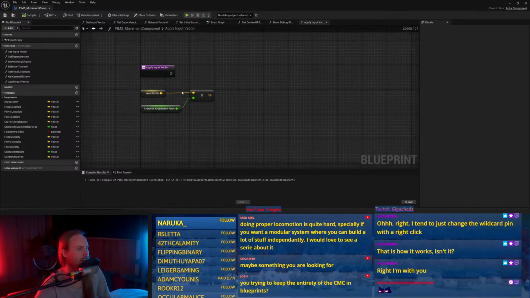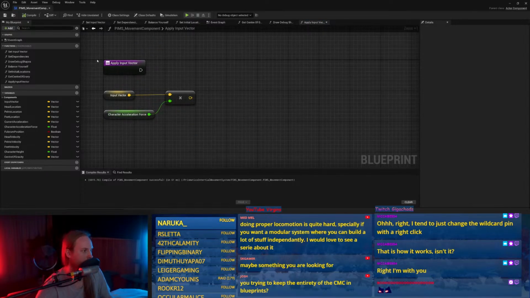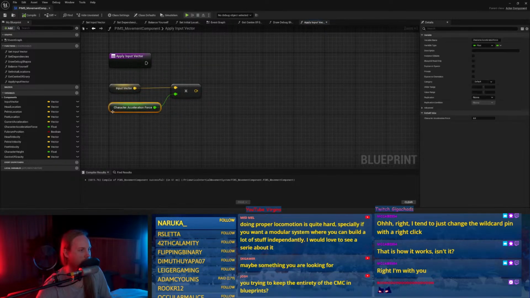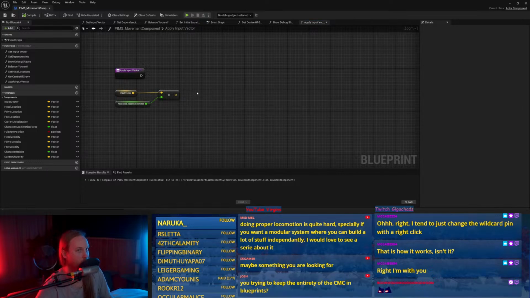Although I'm pretty sure I can just, if I had done this, then I put that into there. No, okay, I'm wrong. So input vector, character acceleration force would then be